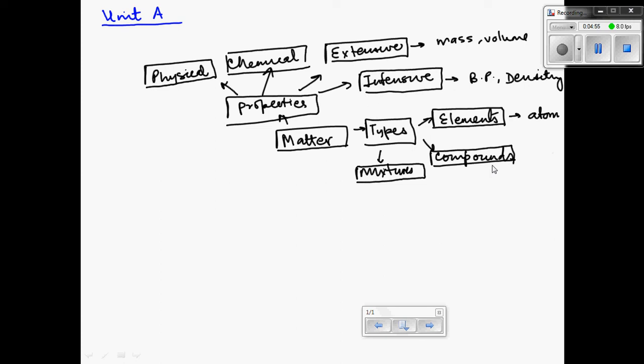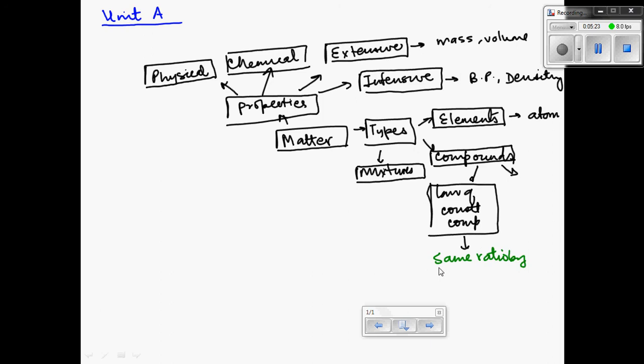Compounds are made up of elements like H2O, CO2, and there are two laws that govern compounds. One is the law of constant composition. And what was this law? This law said that if you have a pure compound, no matter where you get it from, you always have the same ratio by, what's the keyword here? Mass. Same ratio by mass. I'm not talking mole ratio. Same ratio by mass of different elements